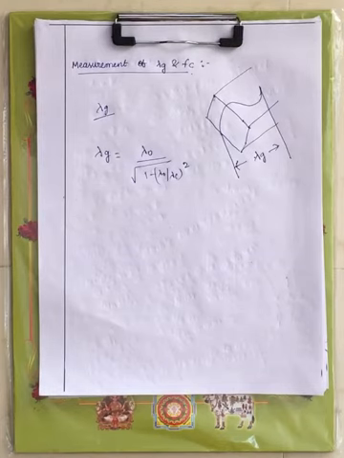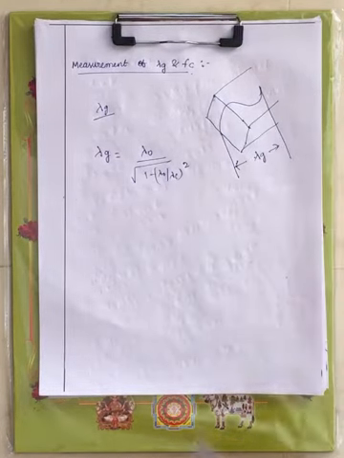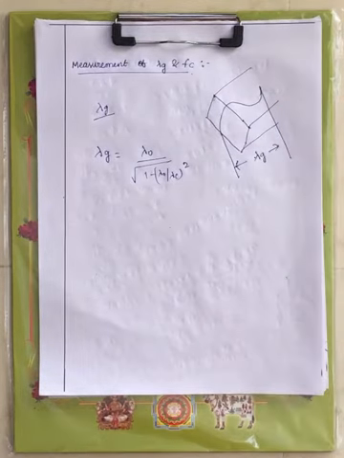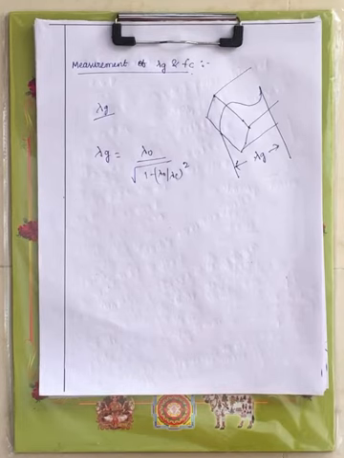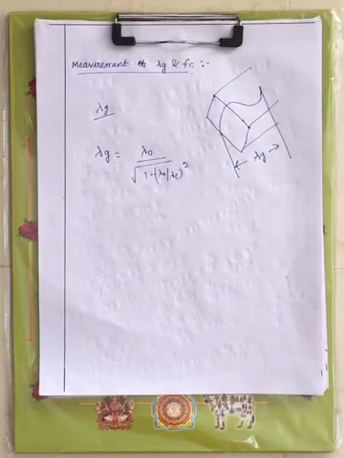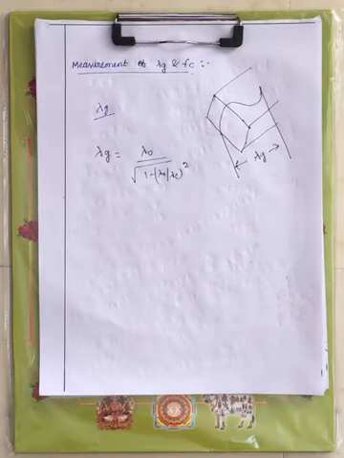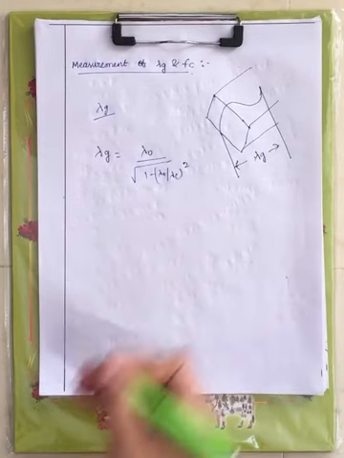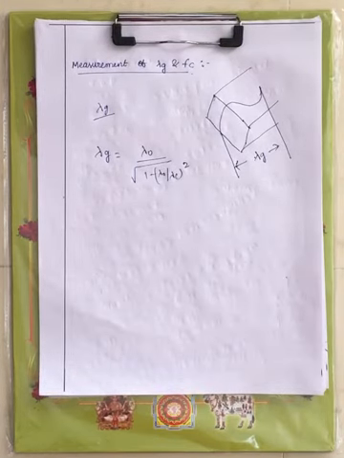Now consider this as your rectangular waveguide. The distance traveled by the wave that is propagating through the rectangular waveguide, in order to undergo a phase shift of 2 pi radians, we call it guided wavelength, right? Now what is the expression of lambda g? We have found this expression: lambda g equals lambda naught by under root of 1 minus lambda naught by lambda c whole square, right?